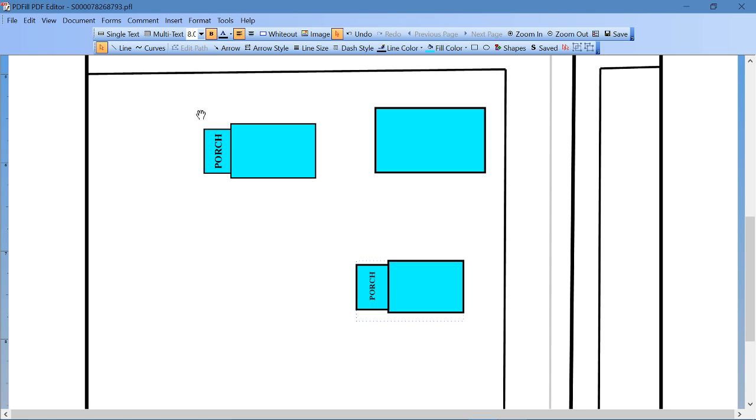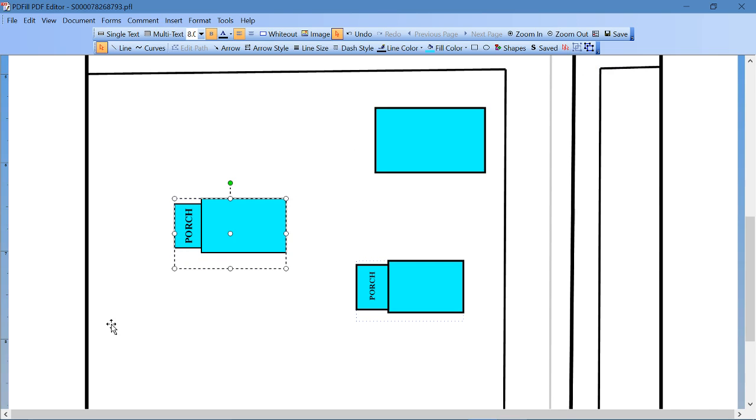Now from here, when you've got it exactly the way you want it, and keep in mind too, whatever size you save it at, that's permanent. You can always resize it after the fact, but if you want a specific size, just make sure you're ready for it. So I'm going to click and hold and drag a square over the whole object, and you see it highlights every feature that I put in there. And then up here, see it says group objects, so I'm going to hit that, and now you'll notice that's become one object. So then from there I'm going to right click it,